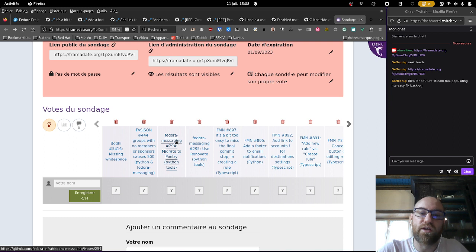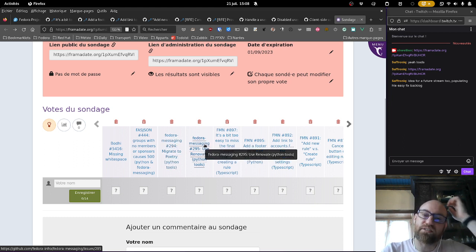So I want to migrate Fedora messaging to Poetry to have better control on the dependencies, and also to make it kind of similar to the other applications, so we don't have to context switch all the time when we switch applications. So that's basically about Python tools.